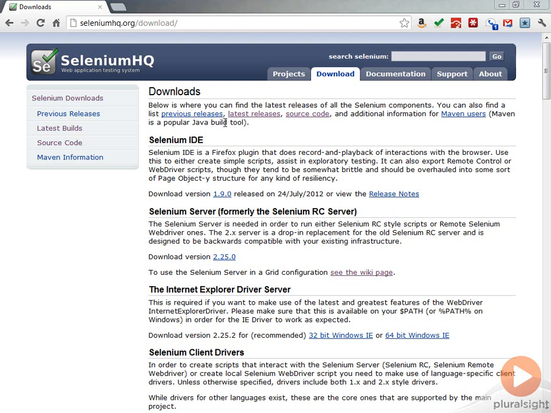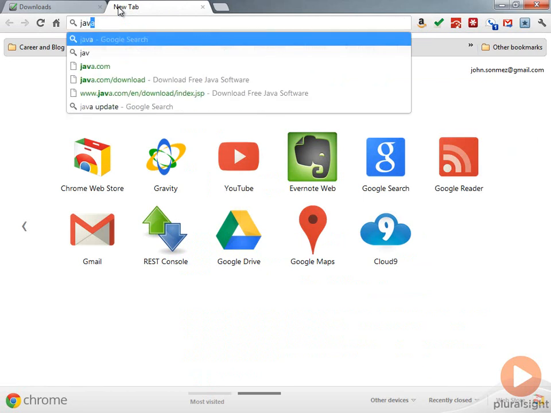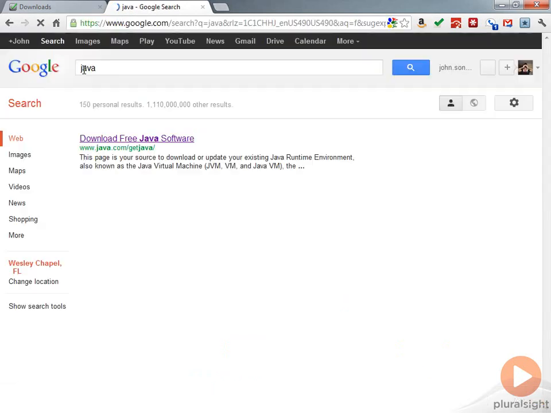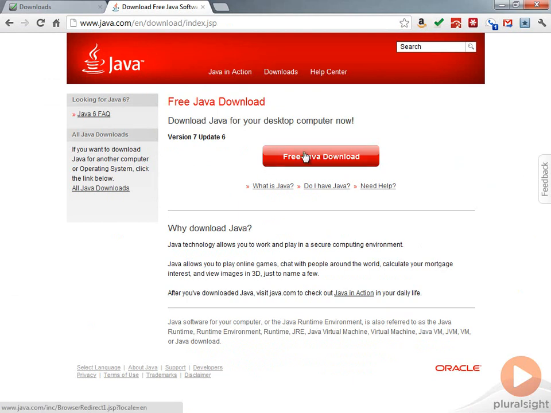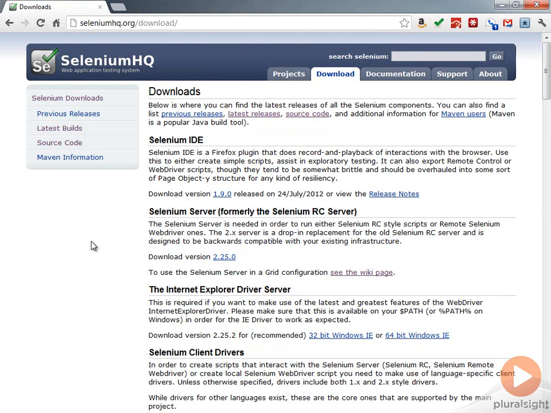If you don't have that installed already, most people do, but if you don't, then you can just search for Java and go to java.com, get Java, and you can download Java. Once you have that installed, then what we're going to do here is we're going to just go to